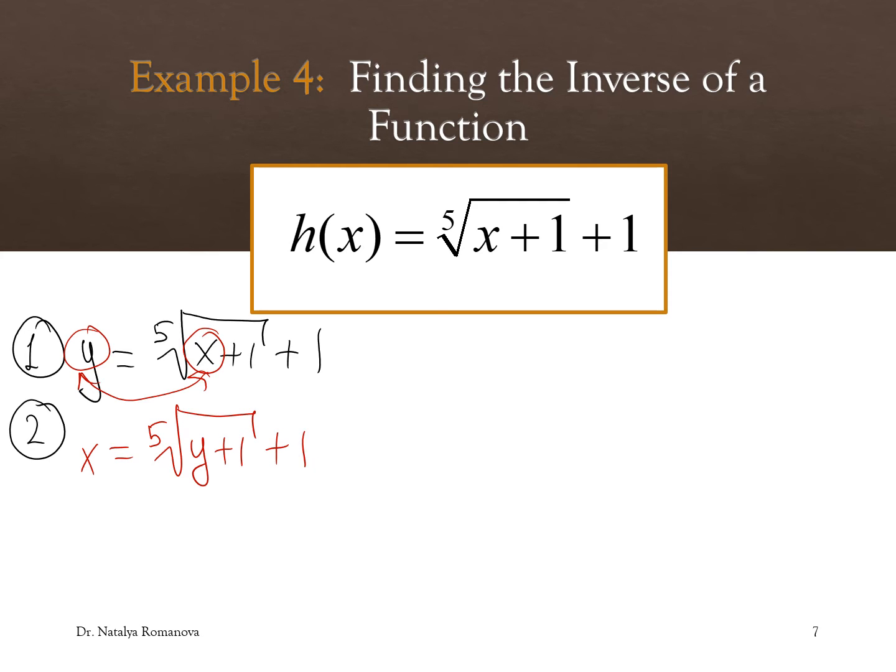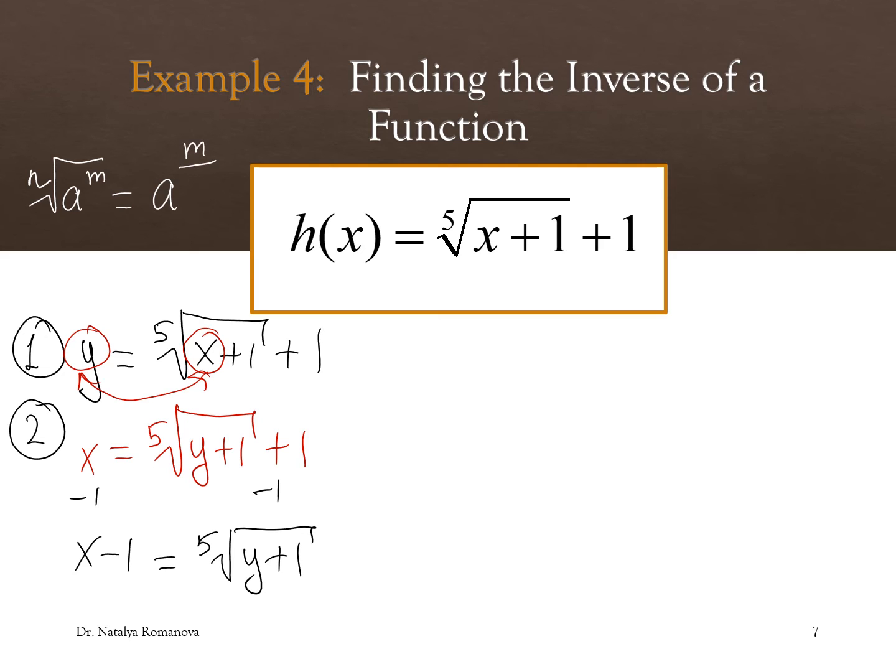Now we remember our goal, we have to express y. So next step, we subtract 1 from both sides. It would be x minus 1 equals 5th root of (y plus 1). We can use the property for rational exponents for our 5th root. We remember, if we have nth root of a^m, we can write a to the power m over n. So for us it is very useful. We can write x minus 1 equals (y plus 1)